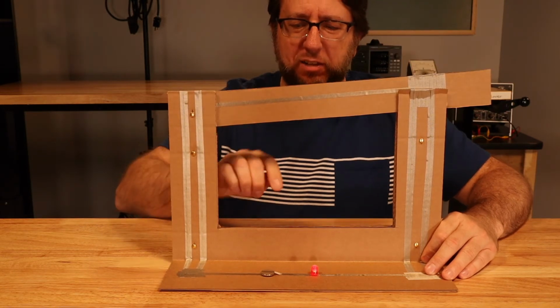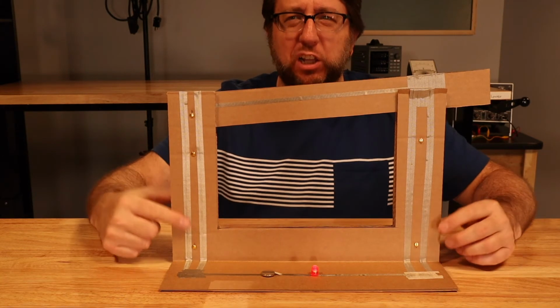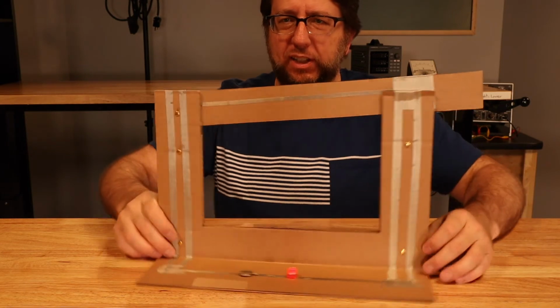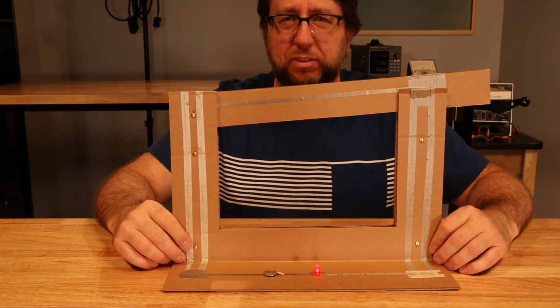Look at that. We've got our LED and our battery. A little bit more maker tape on there. Still got our brass fasteners holding it all together. Pretty simple project if you've got some spare cardboard lying around,